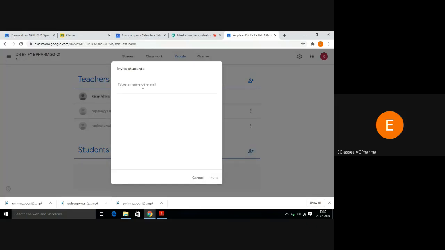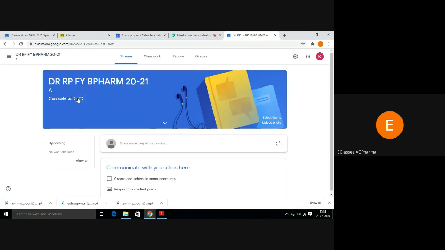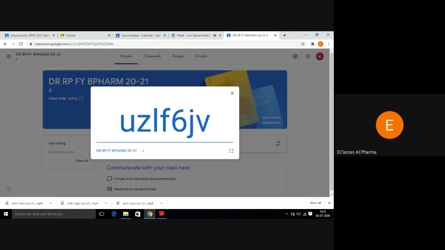It is always better to invite the students through their registered Gmail ID to maintain the security as well as the attendance in the class. As such, in the given classroom, there is a facility of the class code. Through the class code also, the teacher can invite students.